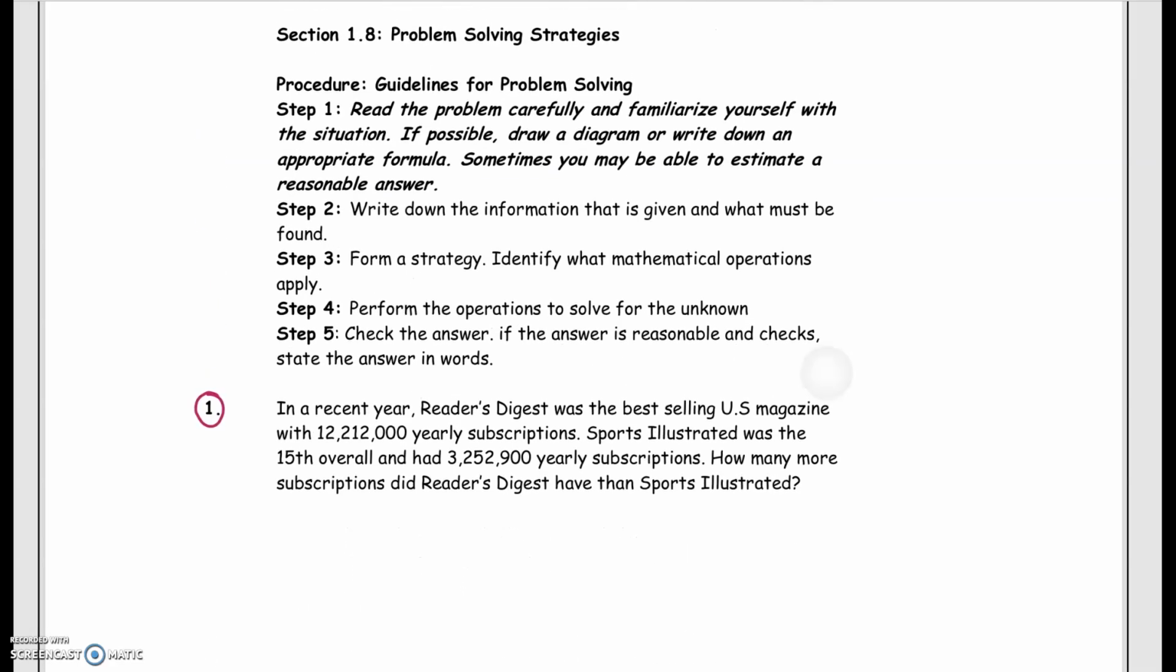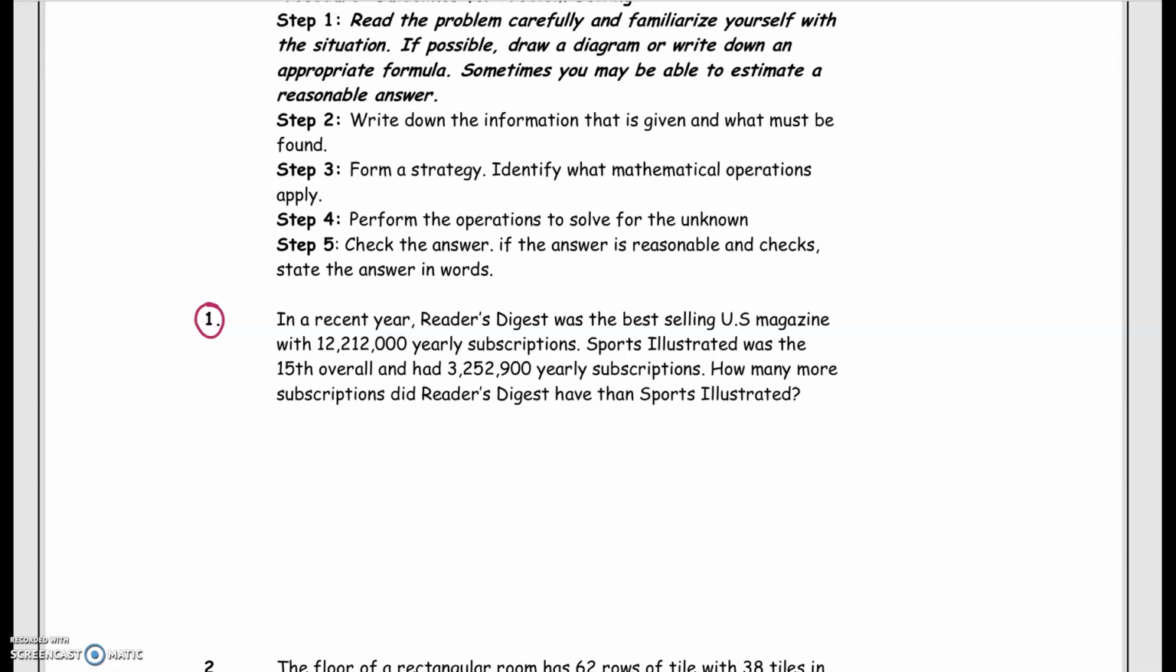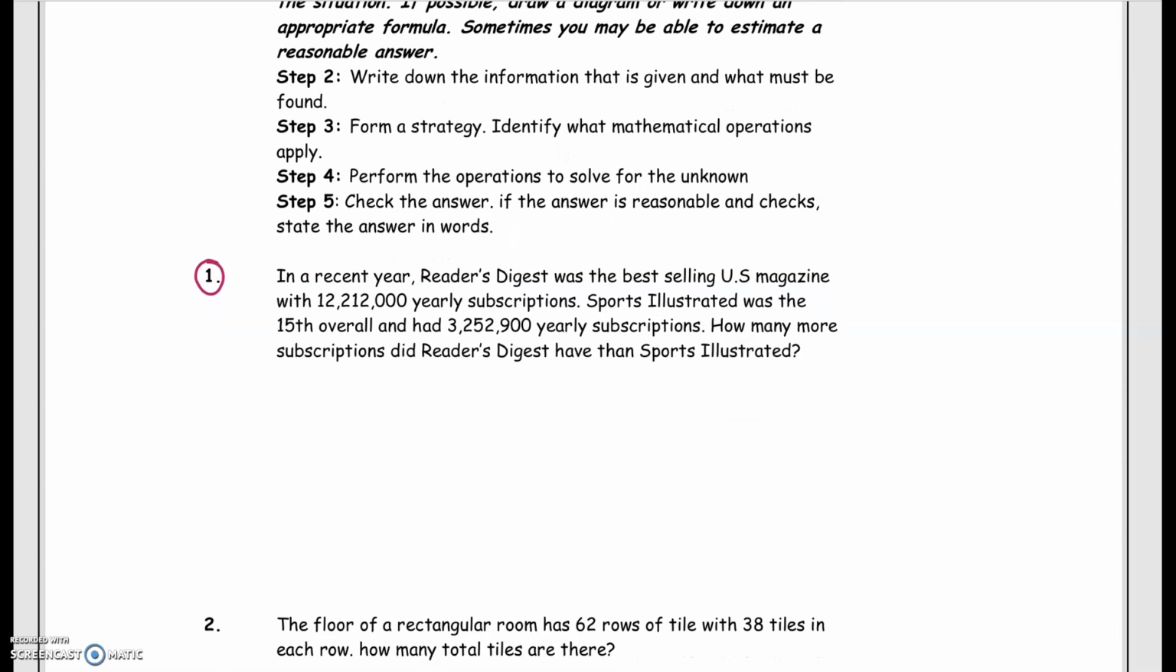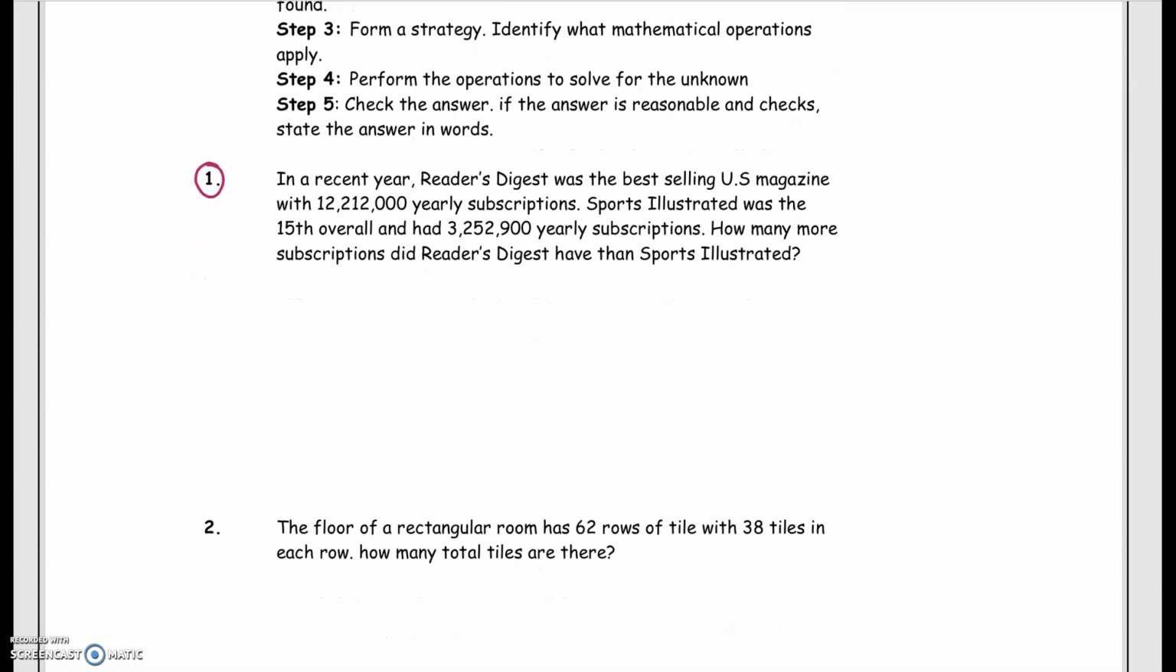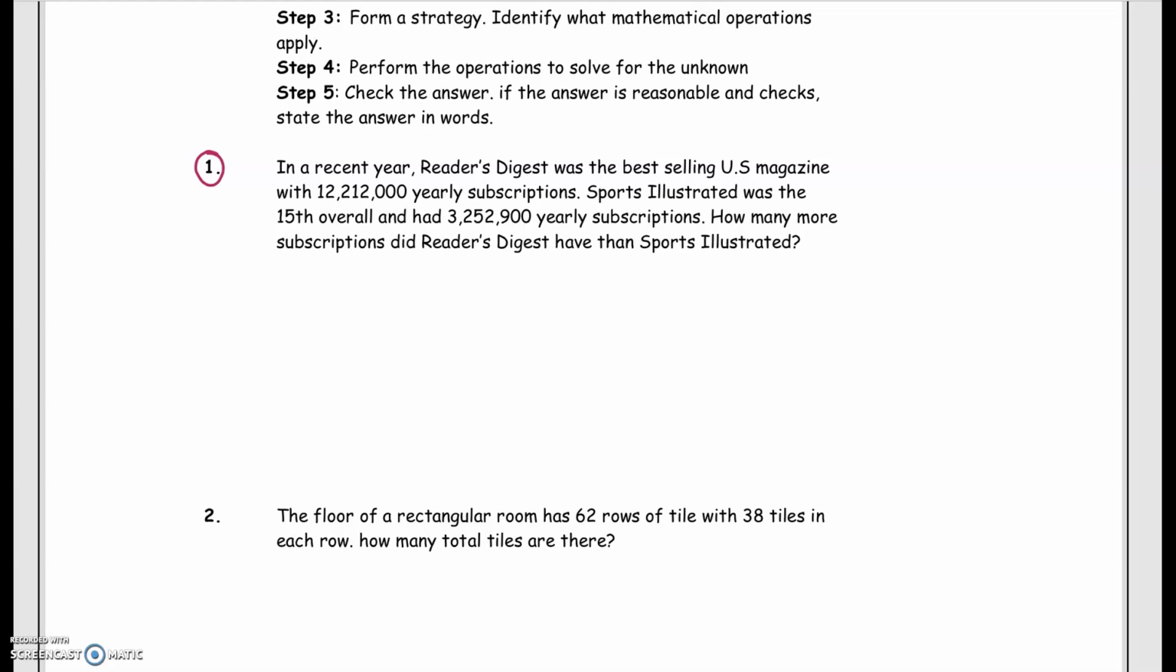Section 1.8 is mostly problem solving, word problems that apply addition, subtraction, multiplication, and division. So let's read the first problem. In a recent year, Reader's Digest, one of the best-selling US magazines, had 12,212,000